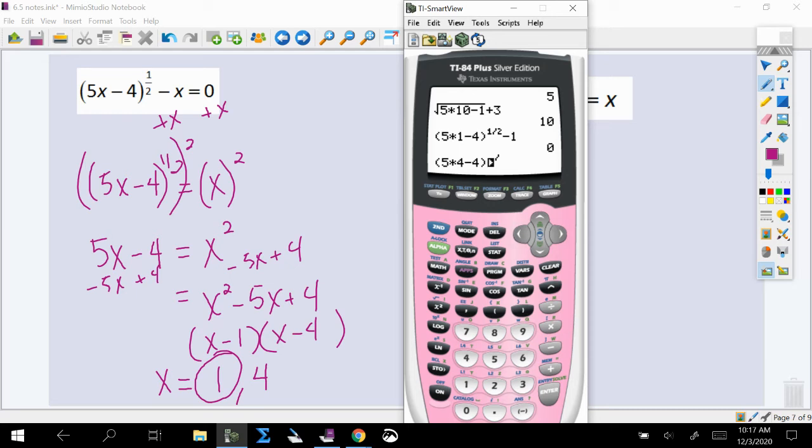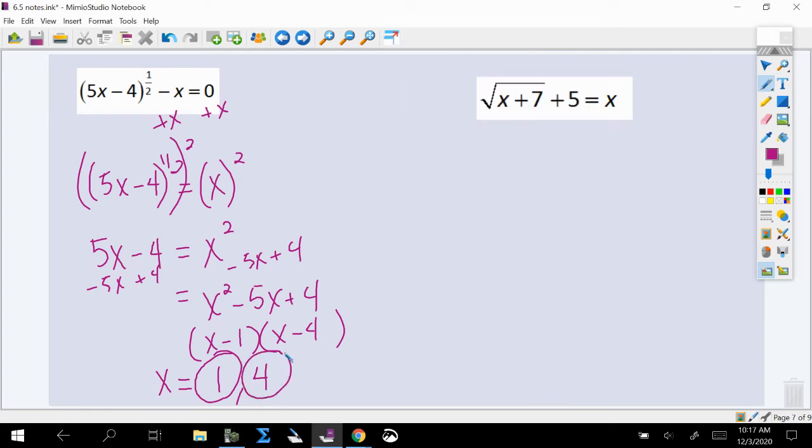I don't know where my cursor went. To the 1/2 power, and minus 4. See if that equals 0. It does. So this is a situation, as I mentioned a second ago, where both solutions are valid. So when I'm typing it in Delta Math, I want to make sure I type both because they both end